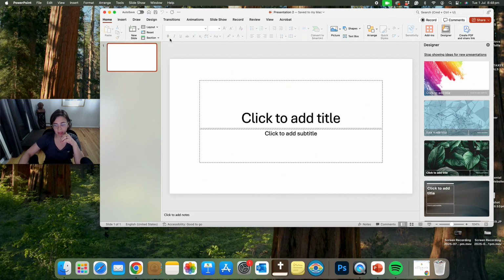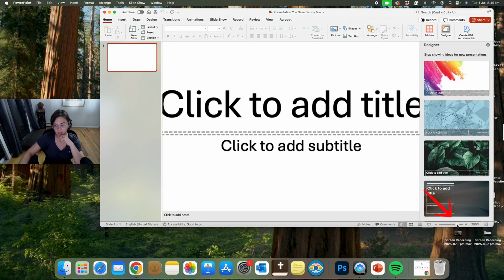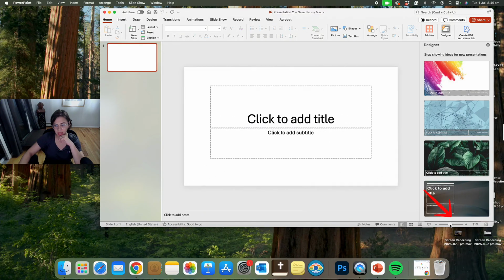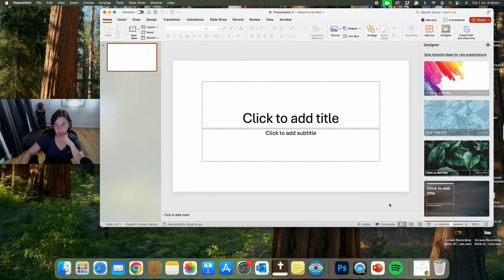A couple things that I wanted to point out other than the save that you're going to want to do repeatedly is if you wanted to increase the size of your working space, you can do so by pressing this dial to increase to the right or decrease to the left. I like to keep it around 100, but if you have vision challenges and you need to see a bigger space, that's how you adjust it in the bottom right corner. Also, I encourage you to definitely use a laptop or a computer. You can do it on your phone, you can do it on a tablet. It's just easier because you see more on a computer. So, moving forward,